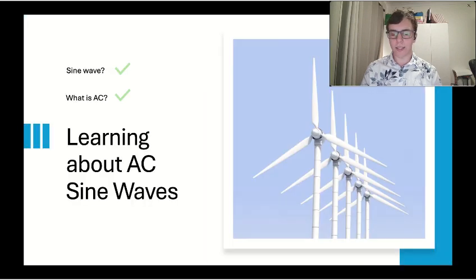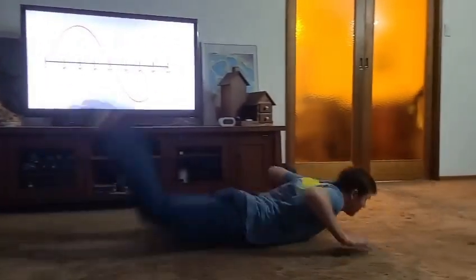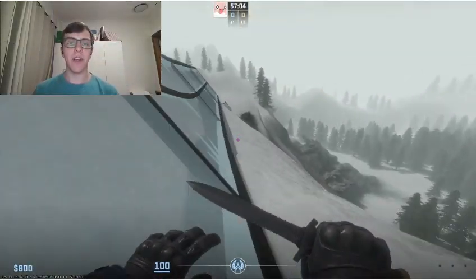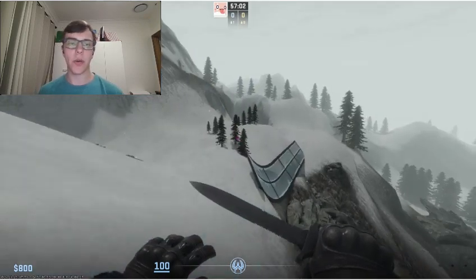But now that you know what AC stands for, and that it's a sine wave, let's see how you can represent AC in sinusoidal form. But first, let's see a physical representation of a sine wave. Okay, so that wasn't a perfect sine wave, but let's see and analyze the sinusoidal equation for current and look